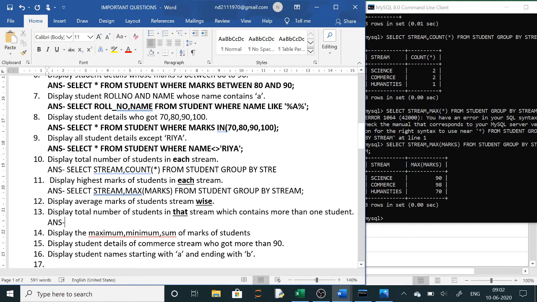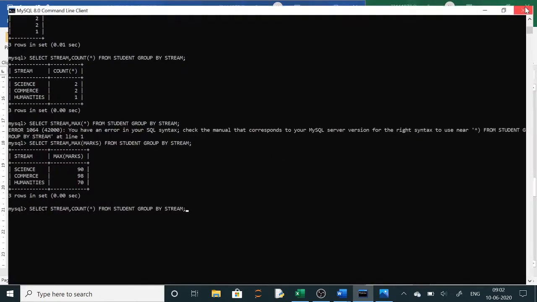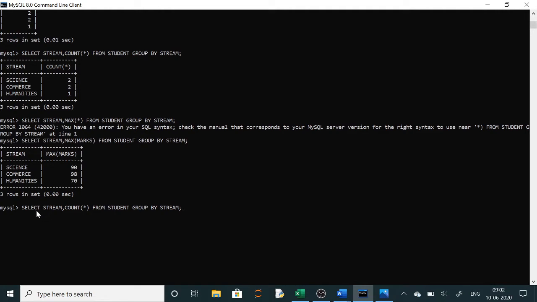Here you have to use count, but with that you have to use having. So I am simply using the above question, count star. Now in this, you write select stream, count star from student, group by stream, having count star greater than 1.